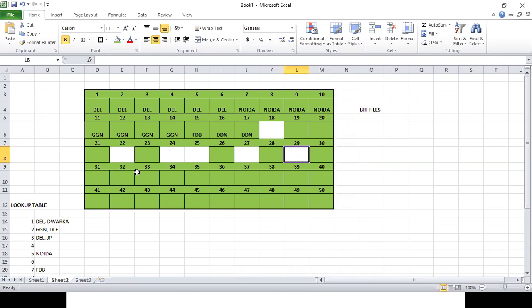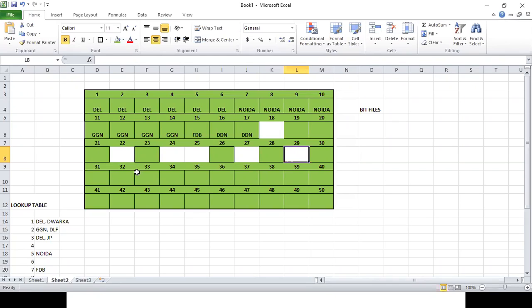Suppose in my office, there are 20 cabins, and I called my office boy and gave him a few letters and asked him to go and give these letters to all the managers.